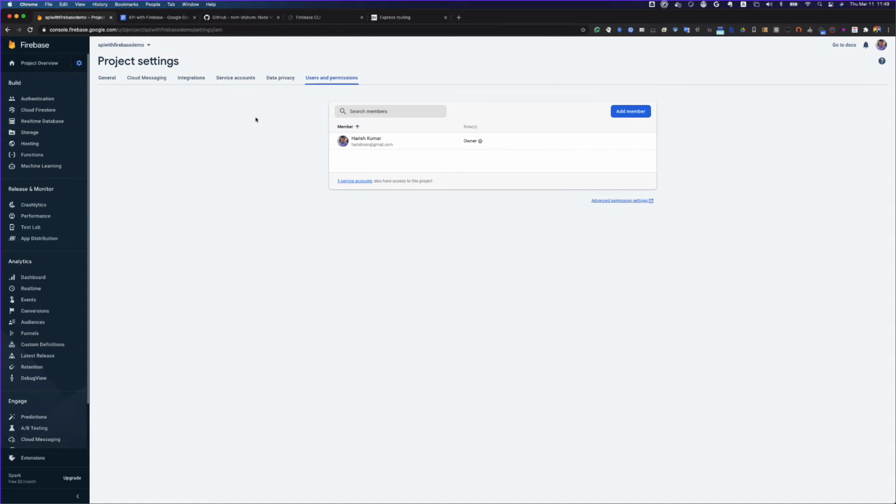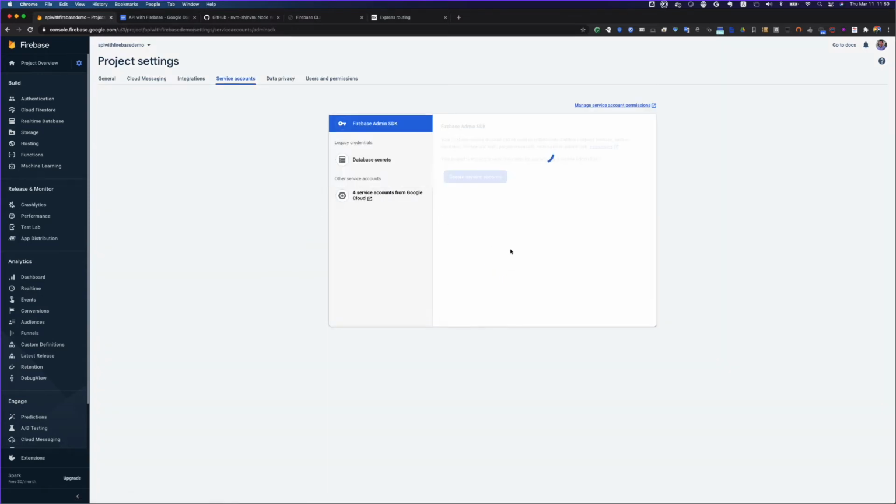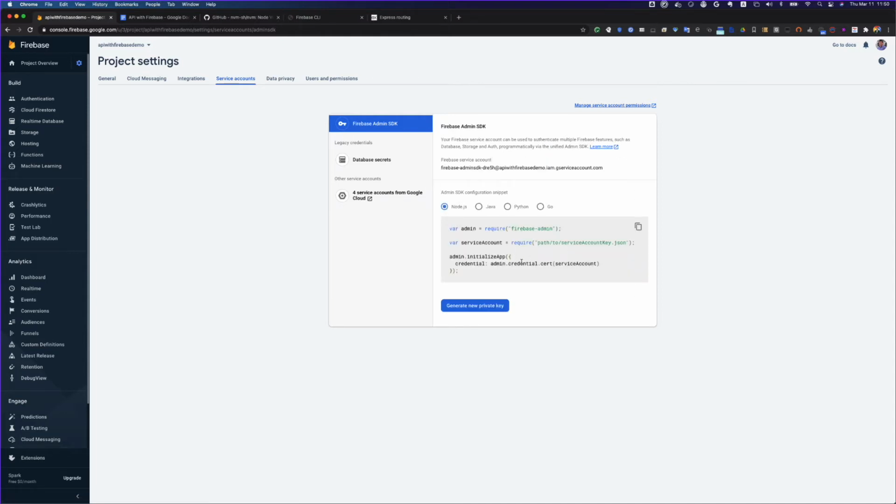Now here this is, and then go to service accounts, and now we are going to create a service account. Here it gives you, if you are using Node.js, how to initialize your service account or how to access it. So I'm just going to copy this because we need it for our code.